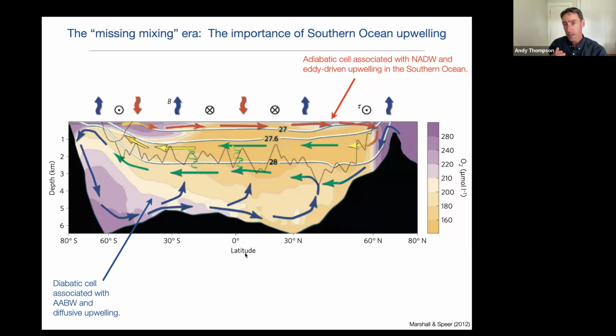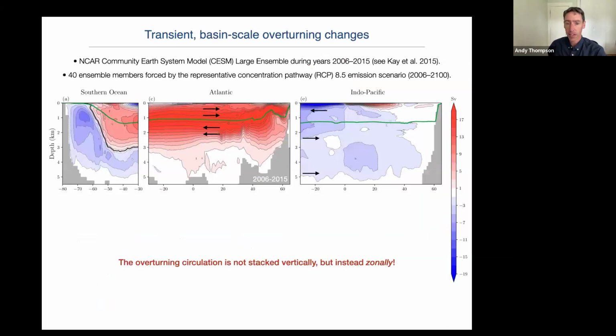So even though this picture has been very important for highlighting the role of the Southern Ocean, I think one thing that it has done is it obscured the fact that we really still have this three-dimensional overturning circulation. In that previous picture, you had this view of these two cells being stacked vertically, with an upper cell being sourced by North Atlantic deep water, a lower cell being sourced by Antarctic bottom water. Whereas in reality, in the global ocean, these cells are not stacked vertically, but rather they are stacked zonally.